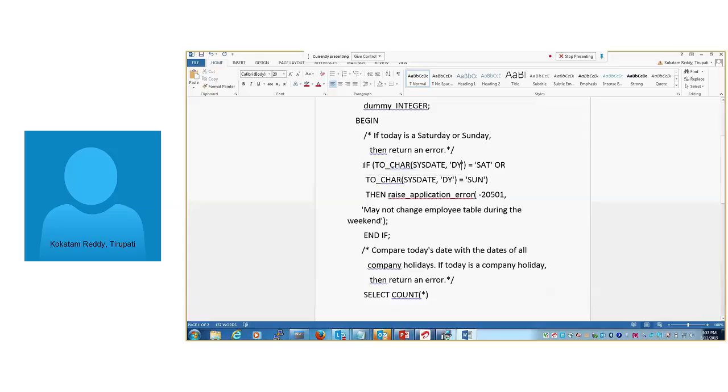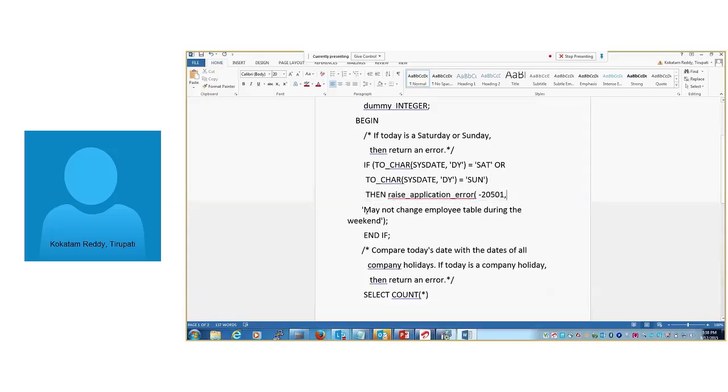If TO_CHAR of SYSDATE, today's day, is equal to SAT or the day is equal to SUN, meaning the day is either Saturday or Sunday, not only Saturday and not only Sunday, then raise the application error.